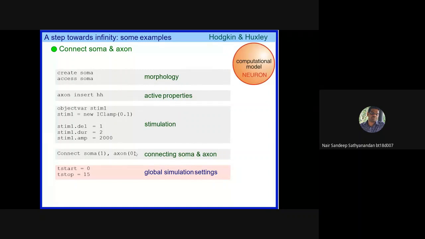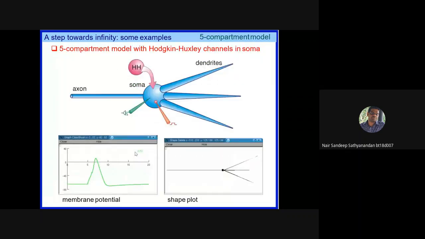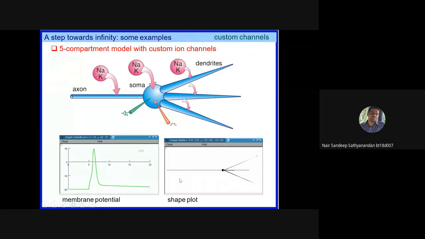So this is again the summary which you saw, and this is the soma, the axon, soma, and dendrites. This is a typical connectivity of the neuron where the multiple input dendrites are there, soma is there, where the incoming signals from the dendrites are summed up together, and it is transmitted outside via the axons. In one of our cases, we will try to simulate the current to the soma itself. You can see that this is the membrane potential and this is the shape plot. The shape plot indicates that these are the three dendrites connected, one soma is there, and then an axon is there.